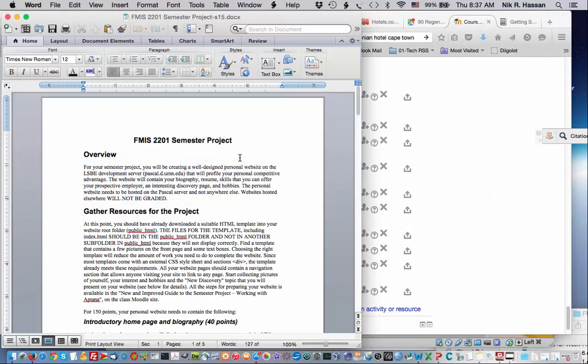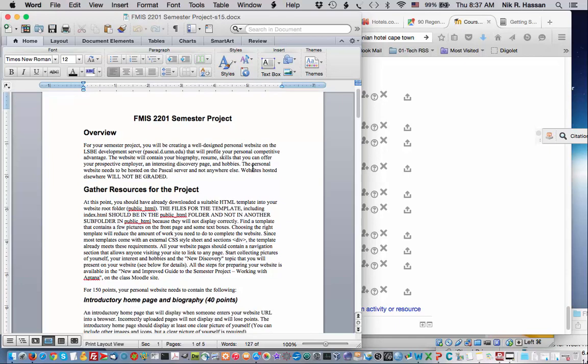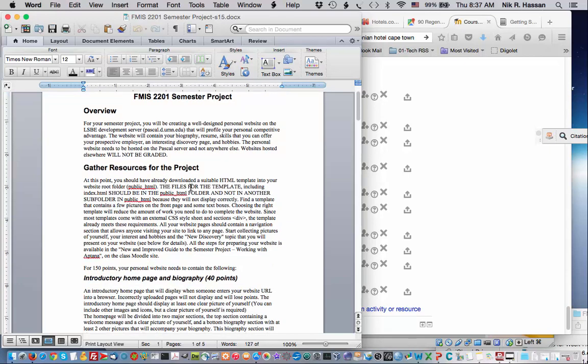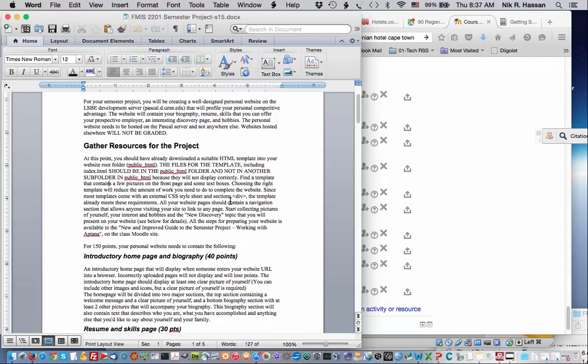So I'm going to go over these instructions briefly so that you know what it is that you're supposed to be building for your semester project. First thing it says is that at this point you should have downloaded a suitable template, which we already did. And the website page should contain a navigation section that allows anyone visiting your site to link to